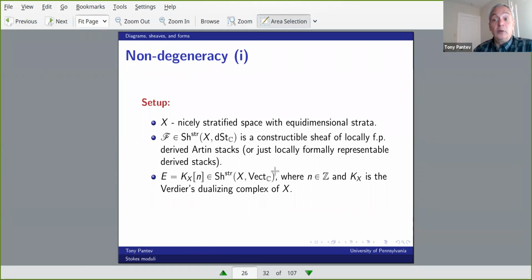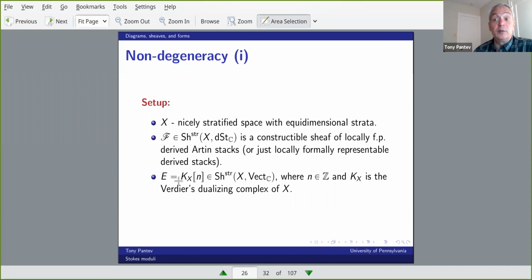And the dimension of the stratum will be important. I mean, you'll see in a moment. But it can be real. It doesn't have to be complex, right? Doesn't have to be complex. And in fact, I'll do examples in a moment. Like S1. All the examples are not going to be complex. I mean, Whitney stratifications will be good, but it's not necessarily going to be a Whitney stratification of a complex space. So yeah, I have a constructible sheaf of derived stacks, which are all algebraic,